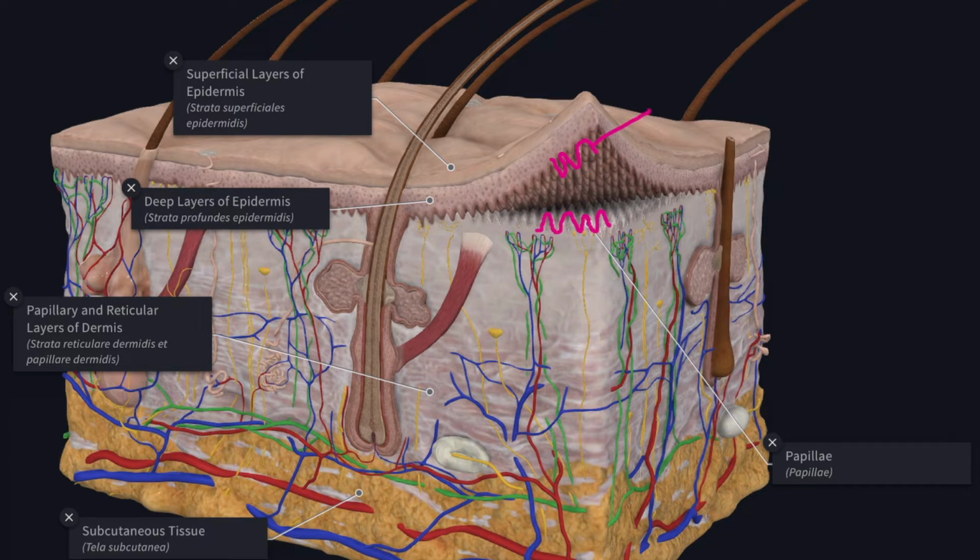When you see the surface of the epidermis, it is marked by elevations and depressions. These are most prominent on the palms and the ventral surfaces of the fingers and on the corresponding surfaces of the feet. Here, the elevations form the characteristic epidermal ridges. So these are called epidermal ridges. This is called epidermal papillae.